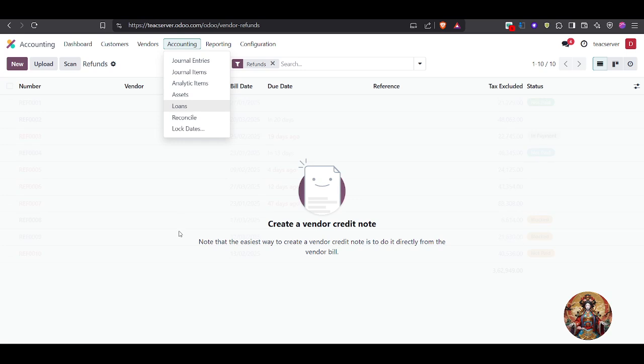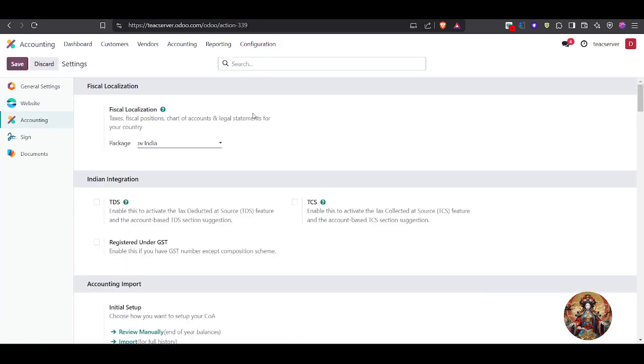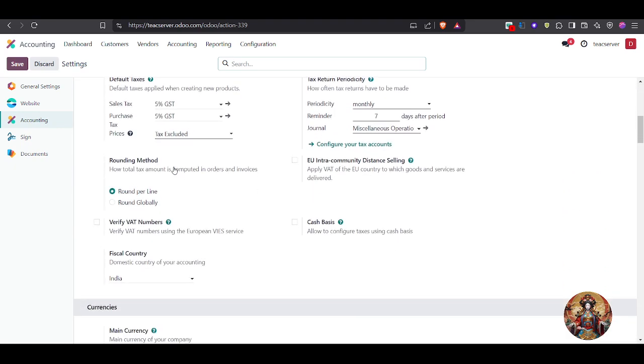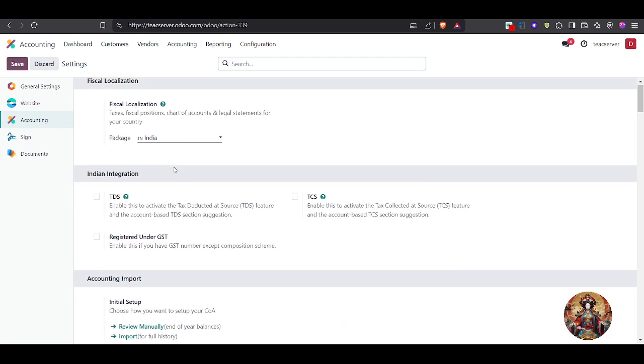And before wrapping up, let's quickly check your settings. Go to configuration. From there, go to settings and set up your tax rates. From here, set tax return periods and multiple currencies if needed. If you have multiple bank accounts, go to configuration, then bank, and add them, and that's